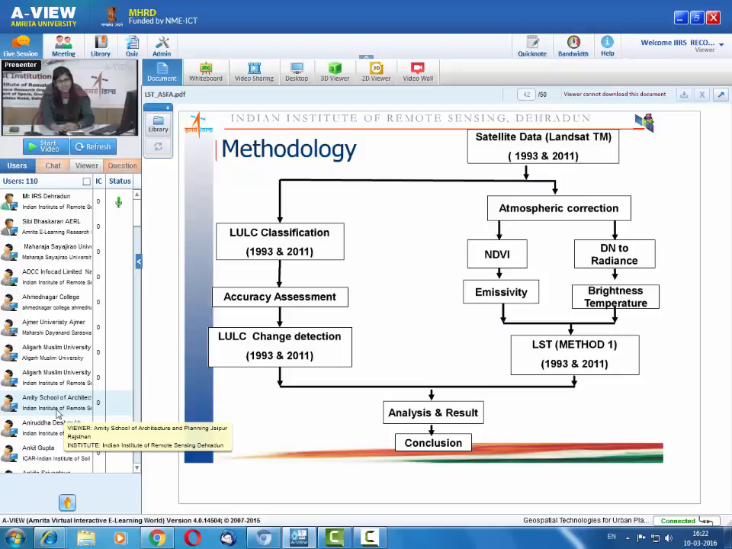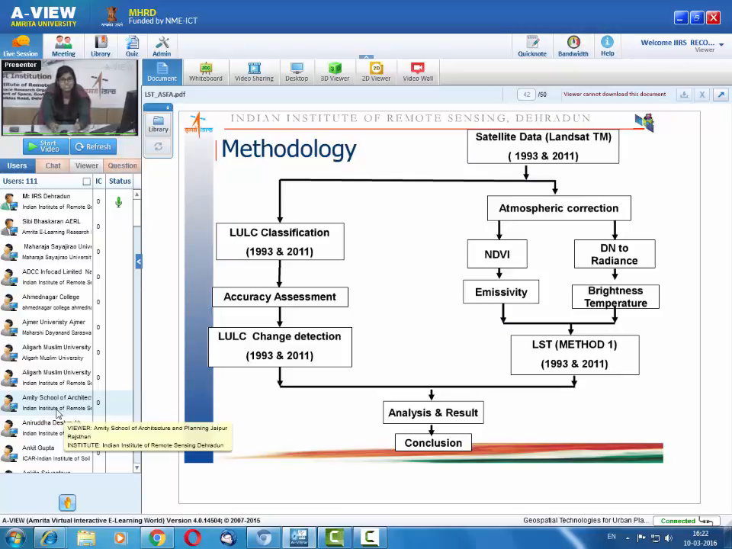USGS website, download the data. So the methodology that we adopted was that we had the satellite data for 1993 and 2011. We did the land use land cover classification because we want to relate the land uses with the surface temperature. So we did the land use land cover classification and accuracy assessment and change detection for both the years 1993